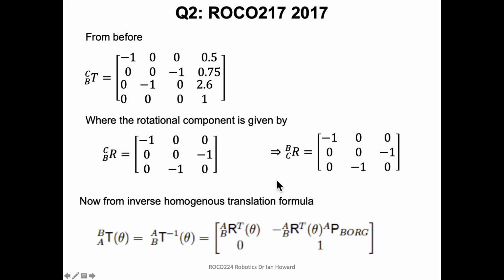Therefore, we get this other component coming in to affect the translation. So this is the inverse rotation already. We're going to put the inverse rotation into this component, and then multiply it by the translation we had and change the sign, and then we've got all the parts we need to do the requested